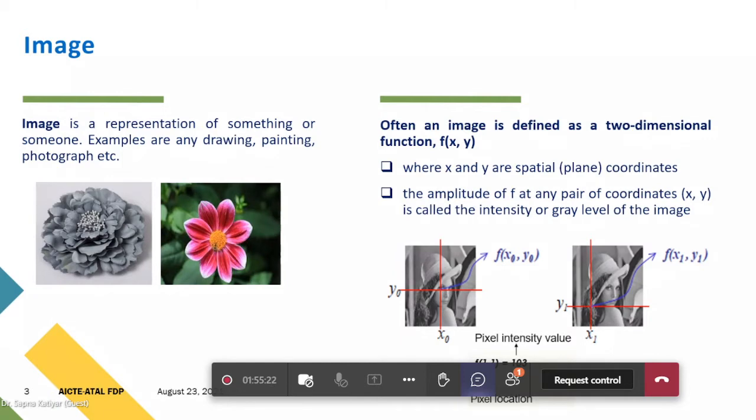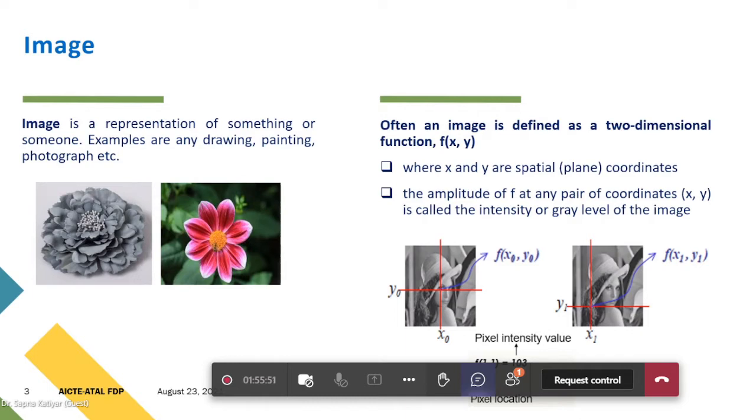So what happened over here, you can observe there are two pictures of a girl. In the first one, (x0, y0). In the second one, (x1, y1), that have been shown over here. So what happens actually, (x0, y0) is the coordinate, (x1, y1) is the coordinate, and the function f at that particular coordinate will give you the intensity or the gray level.